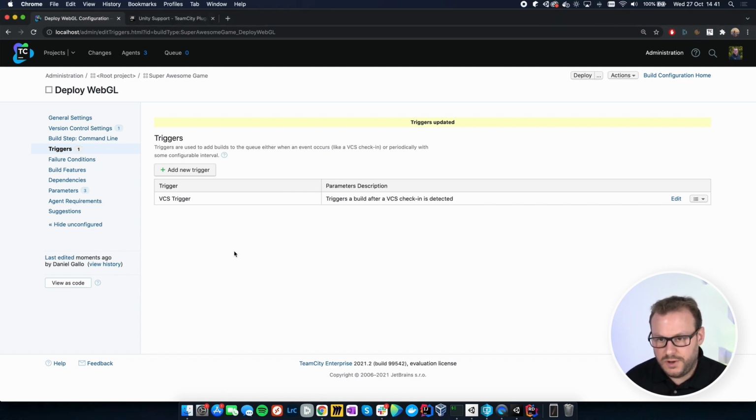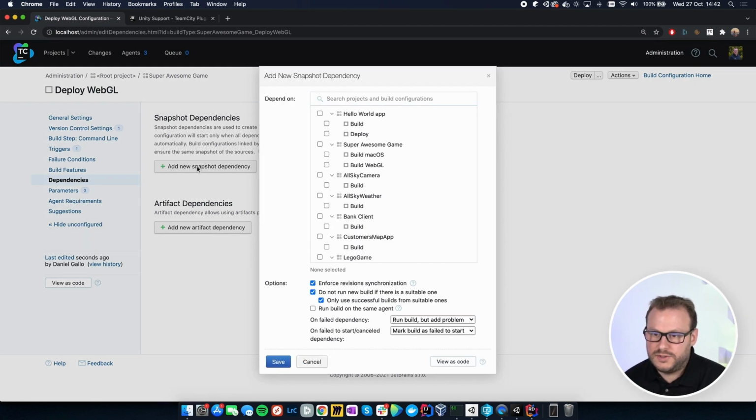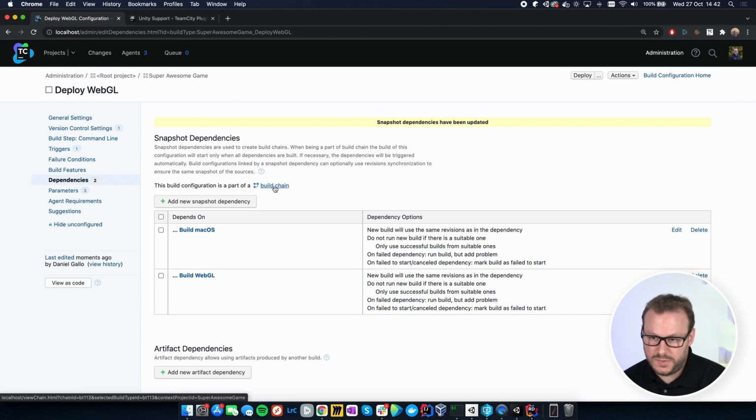The next thing I want to do is create my build chain, and this is also referred to as a build pipeline. And in order to create that build chain, you go to the dependencies section of a build configuration and you define its dependencies, so what this build configuration is dependent upon. And to define the build chain, I add the snapshot dependencies. So you can see I've got my super awesome game here, and I'm going to choose the build macOS and the build WebGL build configurations, and that creates the build chain,